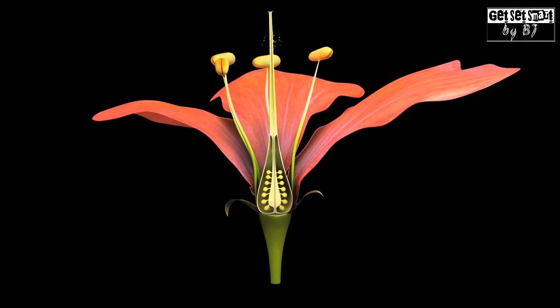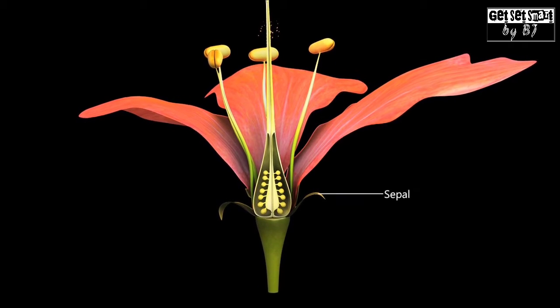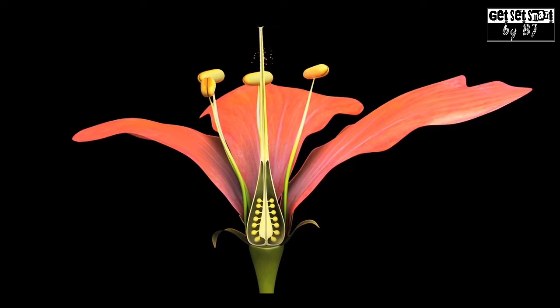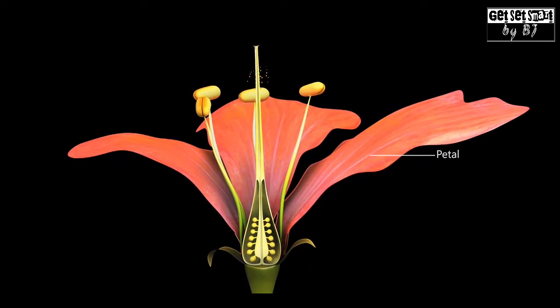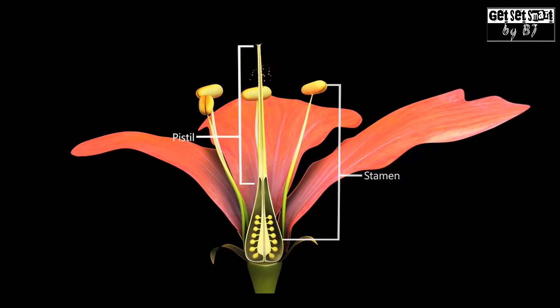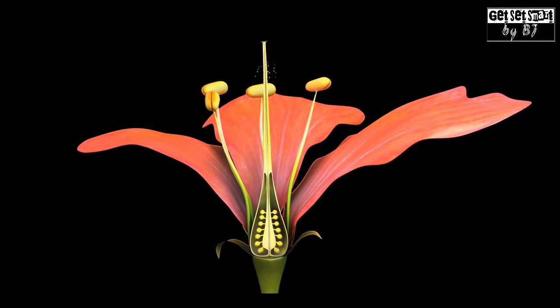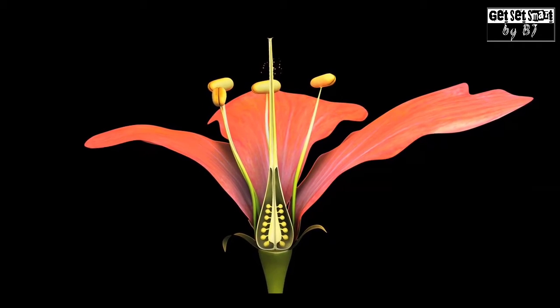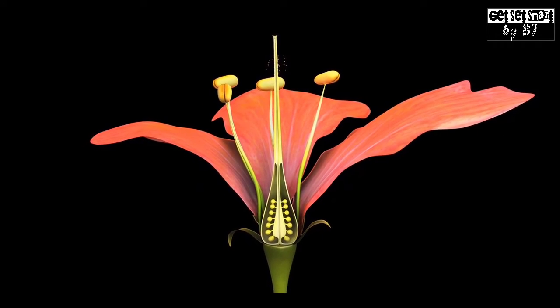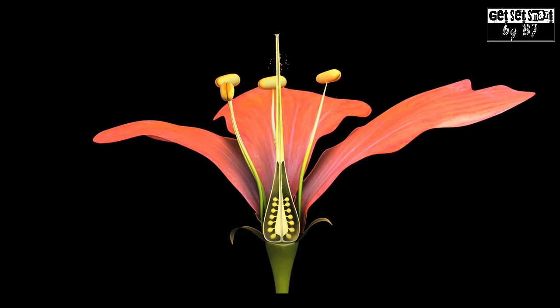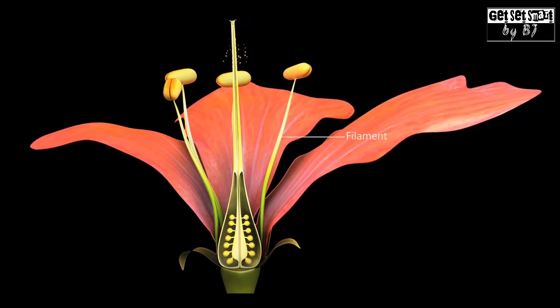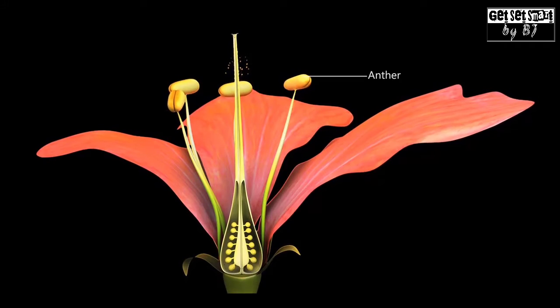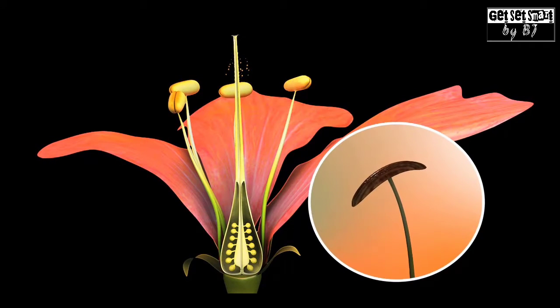The various parts of a flower include the green leaf-like parts called sepals, attractively colored petals, the stamens and a pistil. Stamens and pistils are the reproductive parts of the flower that contain reproductive cells or gametes. A stamen consists of a filament and anther. The anther has pollen grains which contain the male gametes, and they are surrounded by a thick coat which saves them from drying out.